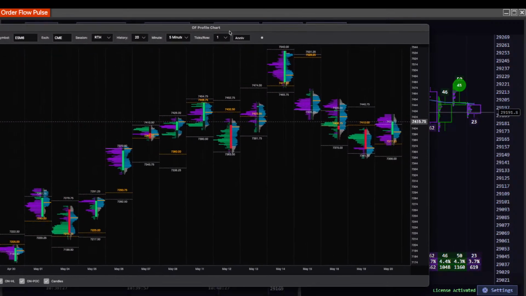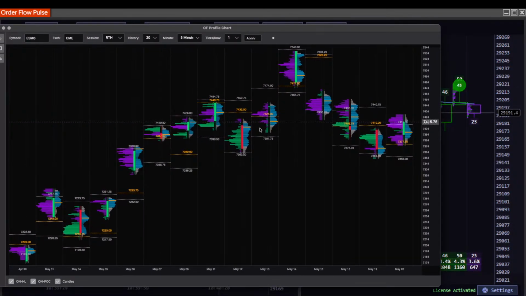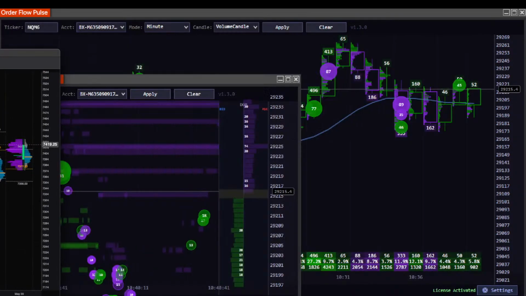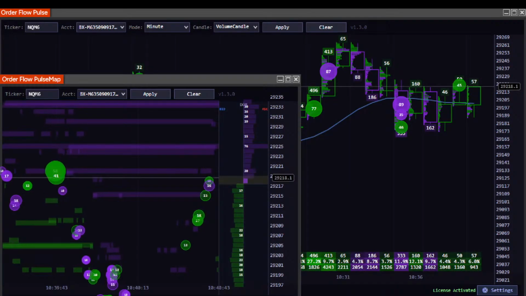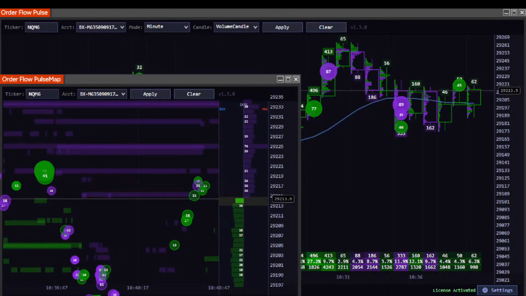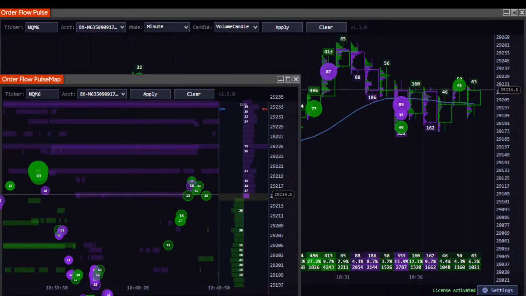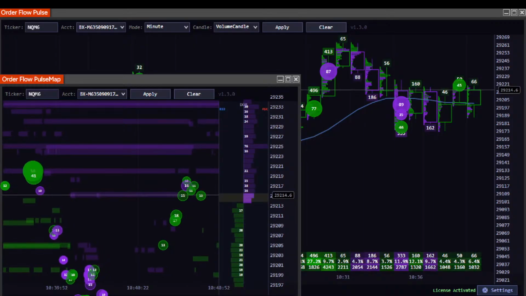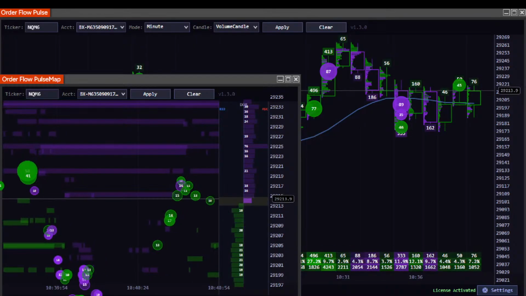And this is what the profile looks like on the ES. We have been going straight up, kind of consolidated up in this area, and then we popped up here, and then we're just drifting down right up in this area. So we'll probably stay up in this area until we get some more big news. I don't know. This market, with the Middle East conflict, this thing has just been kind of nuts, to be quite honest.